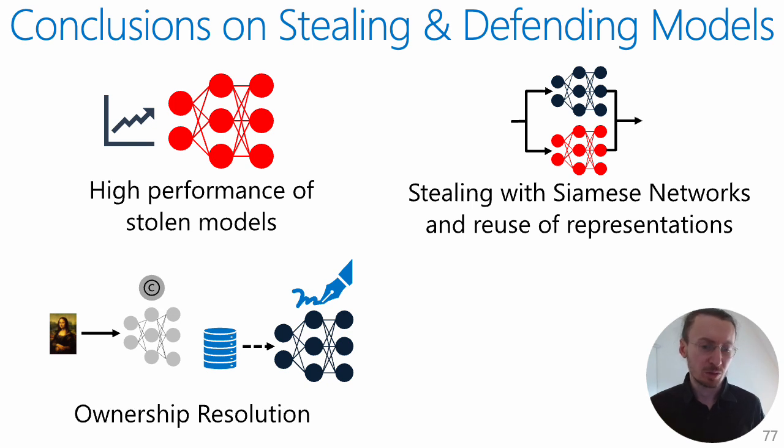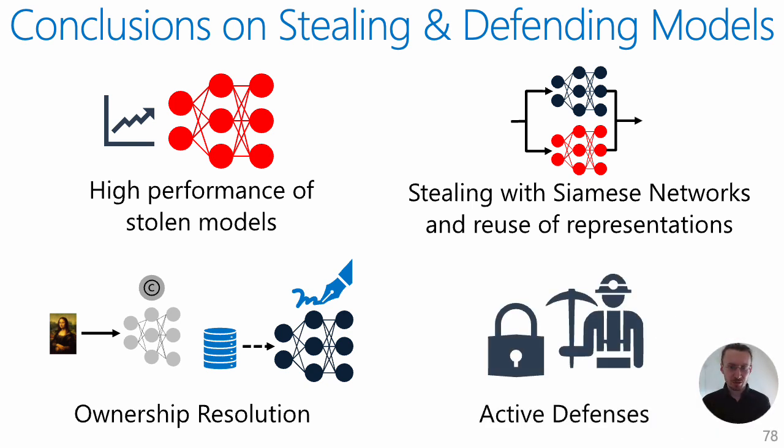Instead of watermarking, we also propose a better method which uses the training data, which we assume to be private, as the signature for the given encoder. So this defense based on datasets is effective. We showed that given the assumptions, it can also, for example, be robust against obfuscations. However, the problem with ownership resolution is that these methods work post hoc, meaning after the model was stolen. And our main goal is really to prevent the stealing as it is happening.